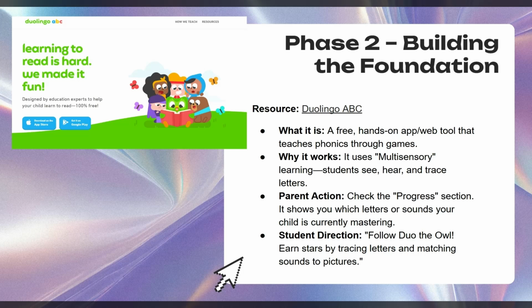This is Duolingo ABC. So it is on the Apple Play Store and the Google Play Store. I believe it's on the Amazon Play Store still as well. But it's a web app that uses multisensory skills to teach students how to see, hear, and trace letters. You can check the progress section. I believe it has like a data printout to see how their progress is being made,